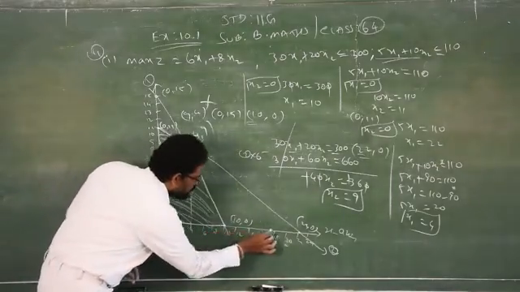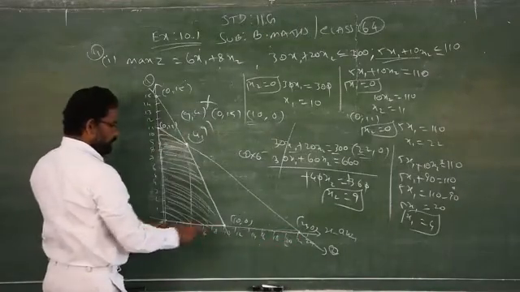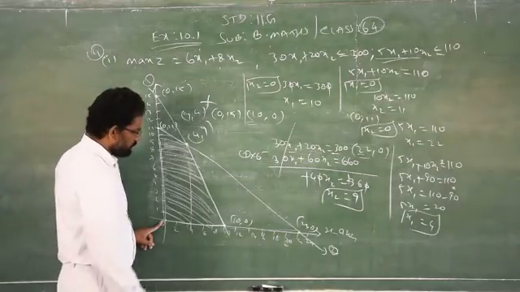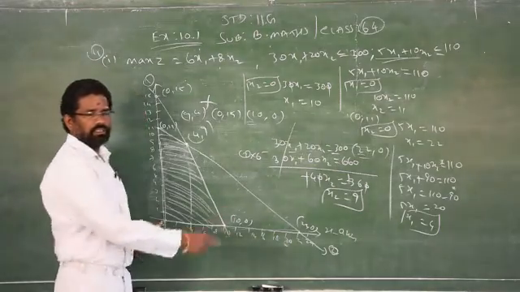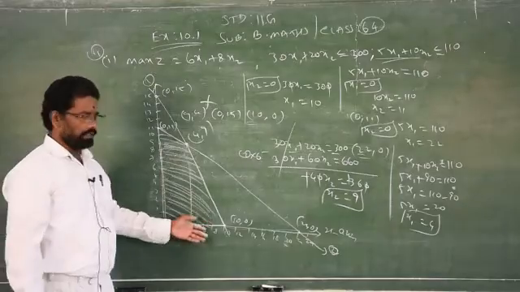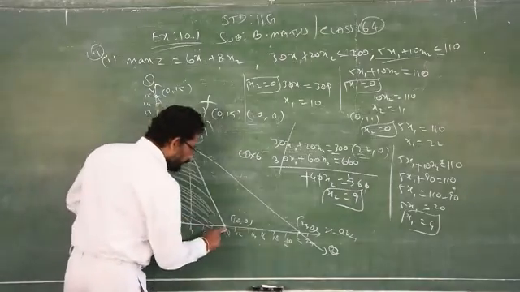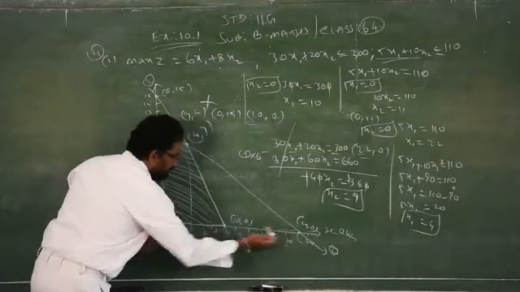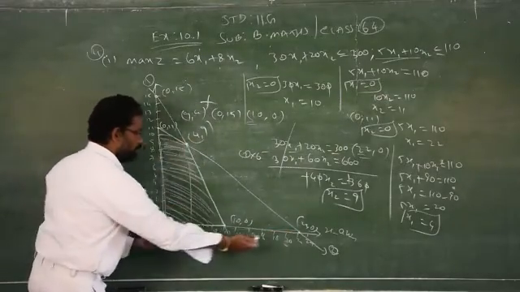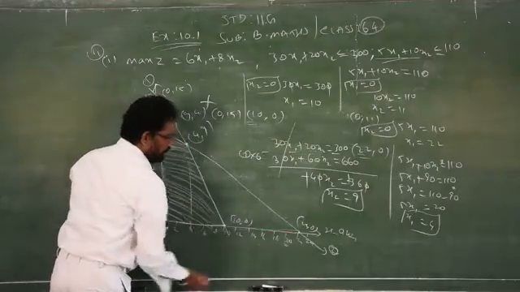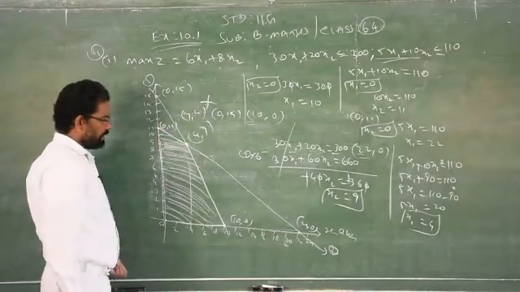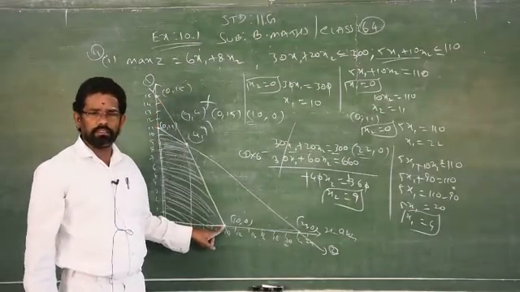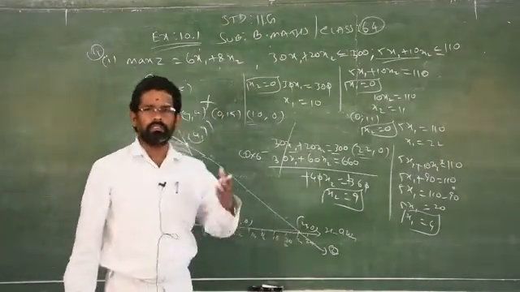Suppose I am going to that side, from 0 to 22, are any lines intersecting on the x-axis? Yes, see, this line is intersecting, that is not allowed. In such a way you have to shade it, clear. So don't go beyond this intersecting point. If you go beyond the intersecting points, before you shade like this, you have to check from 0 to 22, any line intersecting on the x-axis. See, equation number 1 is intersecting on the x-axis. If you shade it in this part, your answer is wrong.